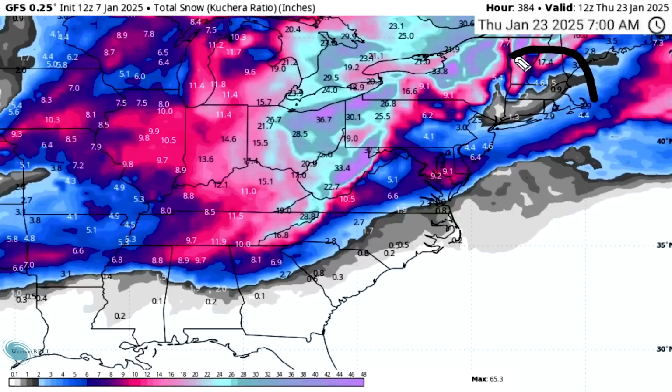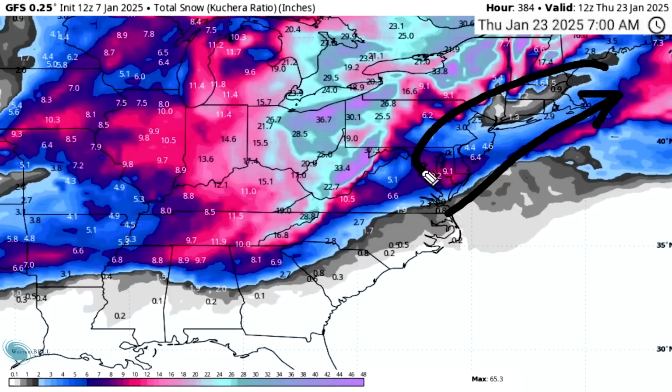We can see it doesn't quite make it up into New England. We actually have a little bit of a snow hole here between New York City, Connecticut, Boston. Well, Boston's kind of on the fringe there, but it doesn't make it quite up. If it's further north and closer to the coast, these areas get absolutely crushed with huge snowfall totals, as we've seen in days past, which, like I said in the beginning of the video, don't be surprised to see us flip-flop. We could head back to that solution and then maybe back to this one.